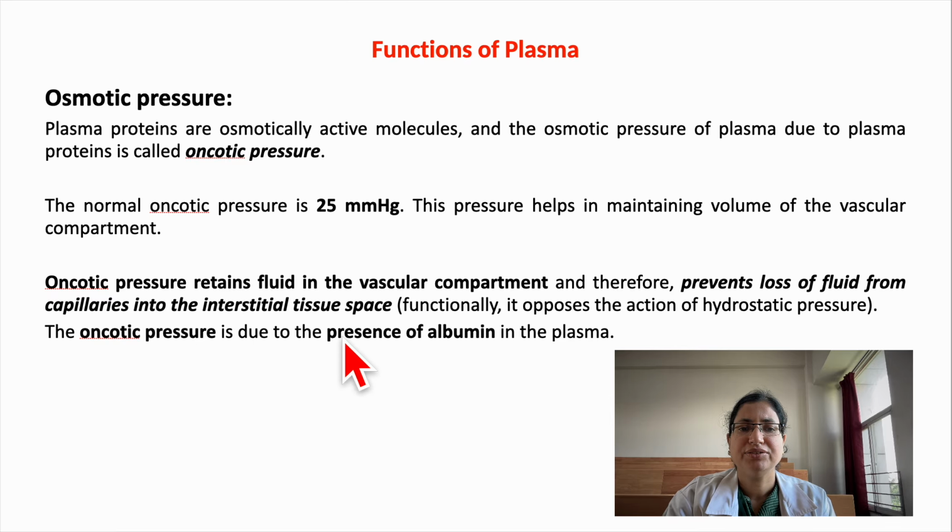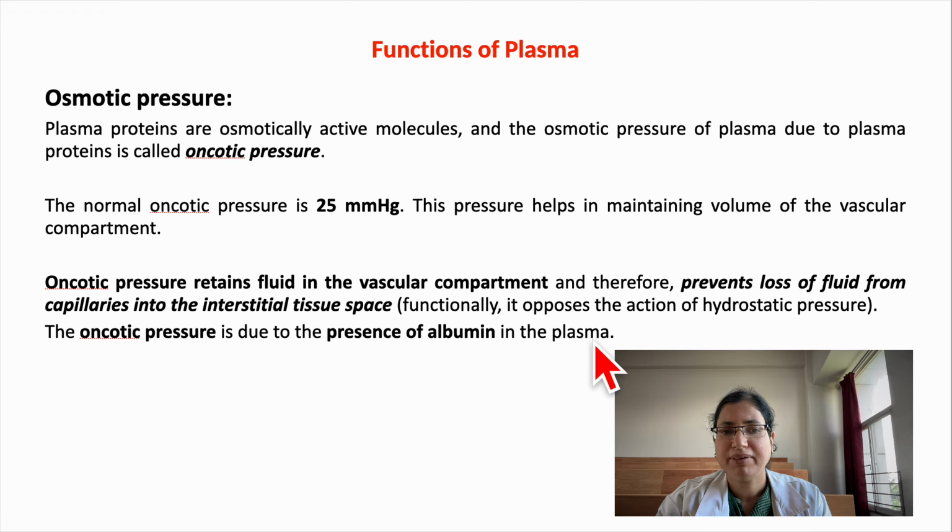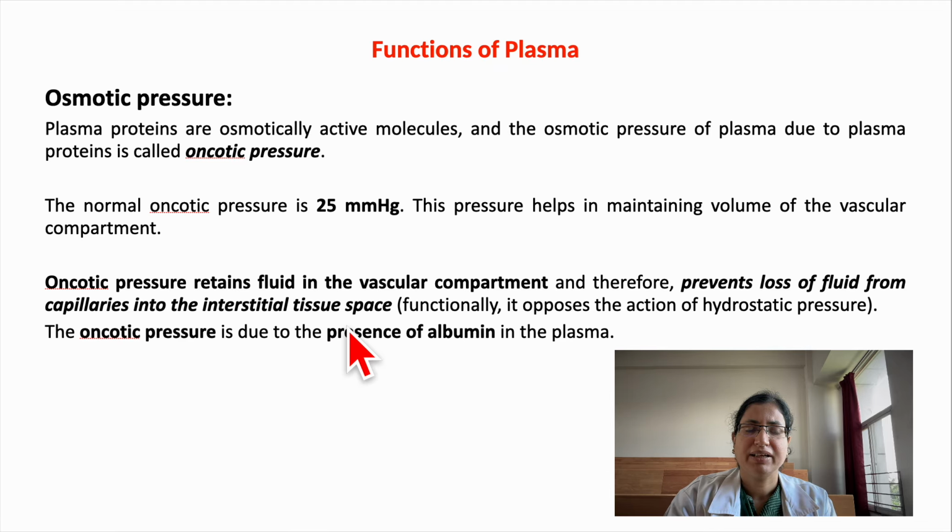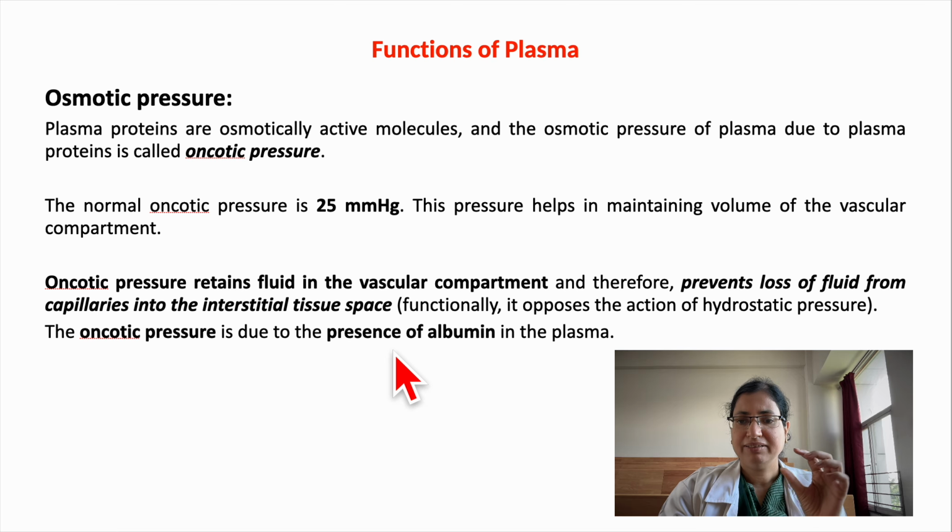The oncotic pressure is due to the presence of albumin in the plasma. See here, this is a very basic concept. The plasma protein, especially albumin, is responsible for the oncotic pressure and it will retain the fluid inside the blood vessels. If there is a decrease in the production of albumin, the fluid will pass from the blood vessel to the interstitial space, and because of the leakage of fluid there will be swelling of the body,